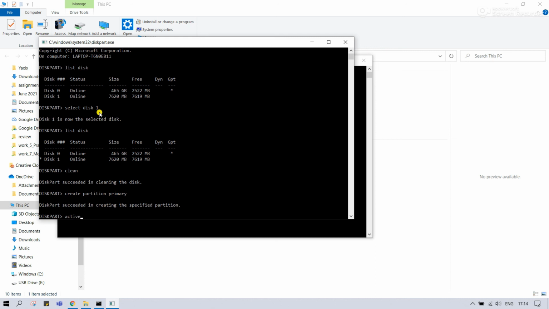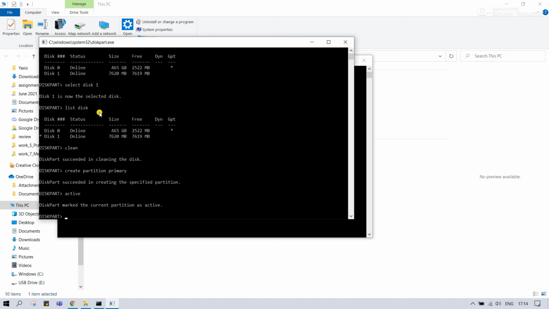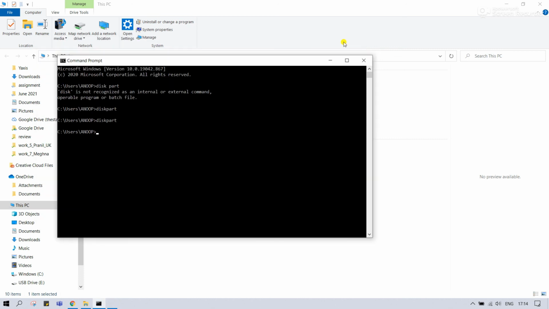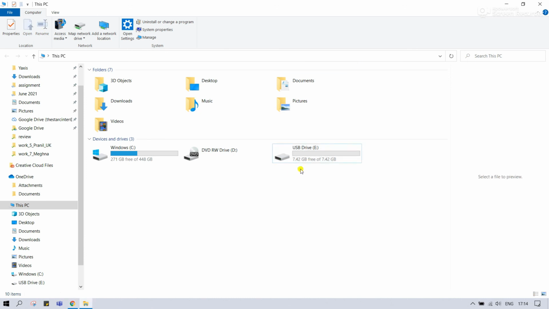So just type active, and you need to format it. Format fs equals fat32 quick. That's it. Now your USB drive is ready to use.